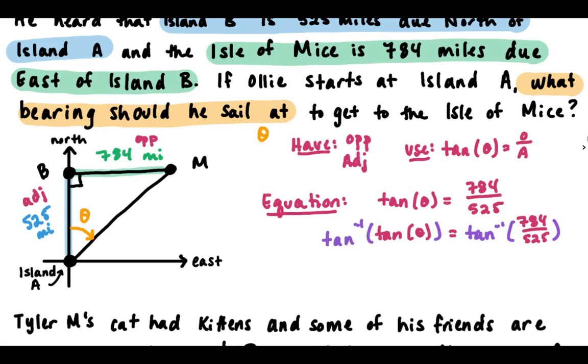I just did the inverse tangent to both sides, and this is helpful because on the left side, the tangent inverse and tangent cancel each other out, leaving only theta. Now on the left I have theta by itself, and I just need to put the expression on the right into my calculator. Remember, we put the fraction in first. So I'm going to do 784 divided by 525, hit enter, leave that decimal there, hit second, and then the tangent inverse button. And then I get my answer, which is